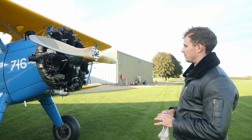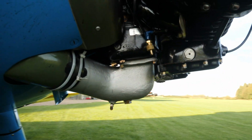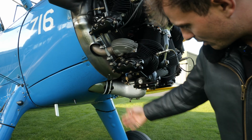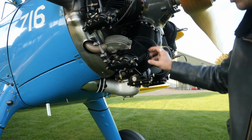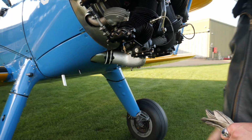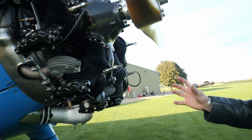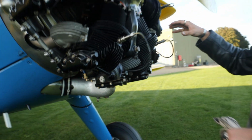So this has a couple of new mods. Okay, this is the new mod. Just be careful in the prop arc. You can never trust radials. But you basically turn it up and to the one side, and any fluid coming out of there is being drained from the bottom 2 cylinders from the new engine, which is 50 hours old. With radials, you've got obviously these bottom cylinders